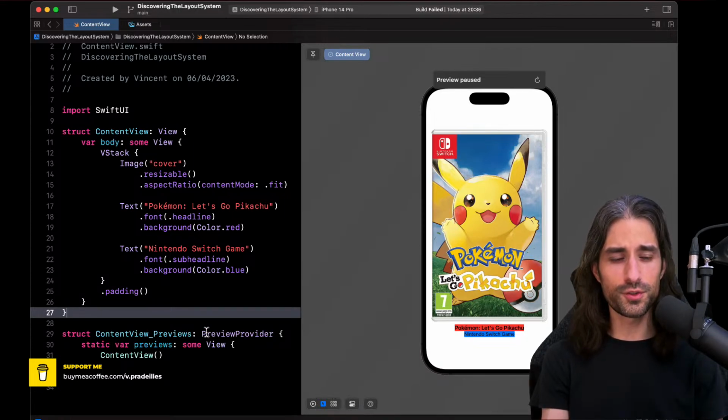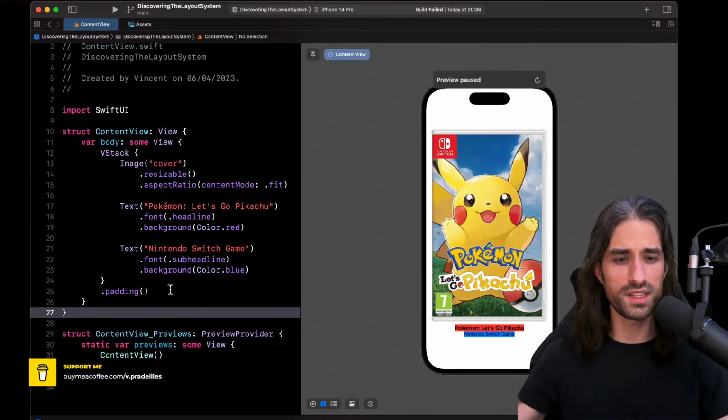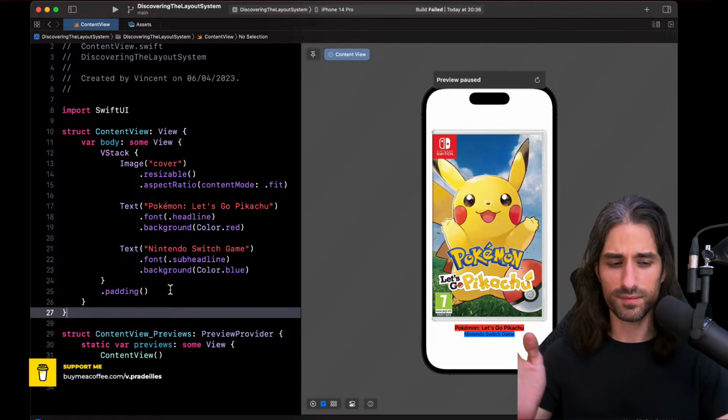Rather, two protocols that you use to create a struct that will encapsulate a UIKit view, and we will see in a later chapter, so in a few weeks if you're watching the live streams, how to do it. But the good news is that it's actually quite easy, and I've used both approaches a lot at work, and they work quite well. Honestly, it's one of the parts that Apple has really nailed in order to make it as easy as possible to start using SwiftUI in an existing UIKit app, or to go back to UIKit when something is not available in SwiftUI or available like the way you want it to be.